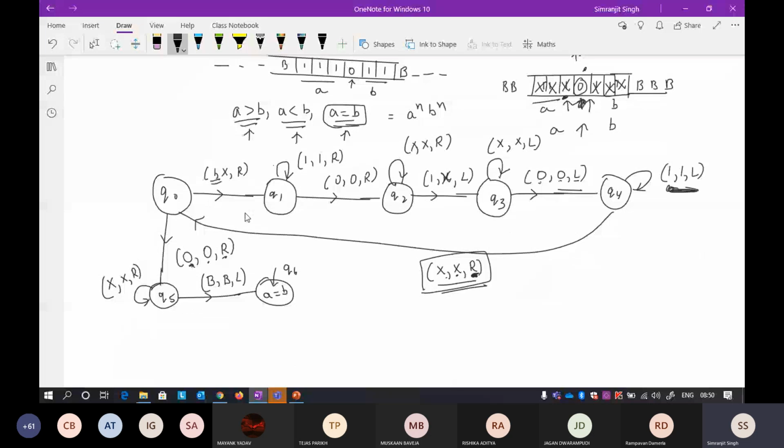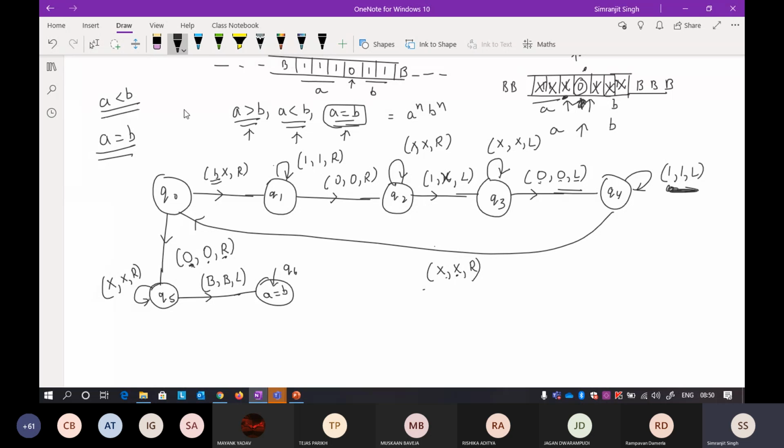So if you are seeing here, you can check the thing again. It is absolutely correct. Okay, so I've already written it, it's already correct. So now for A equal to B, it is now over. For A equal to B, now you have to check for A less than B.